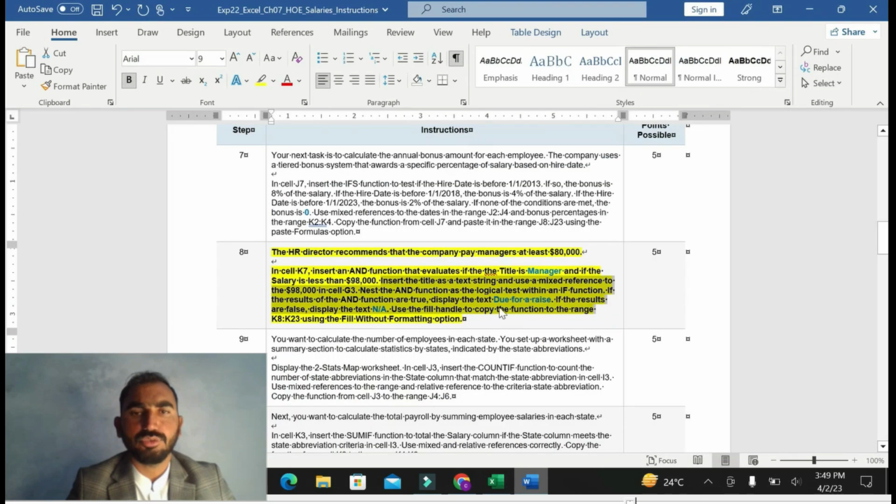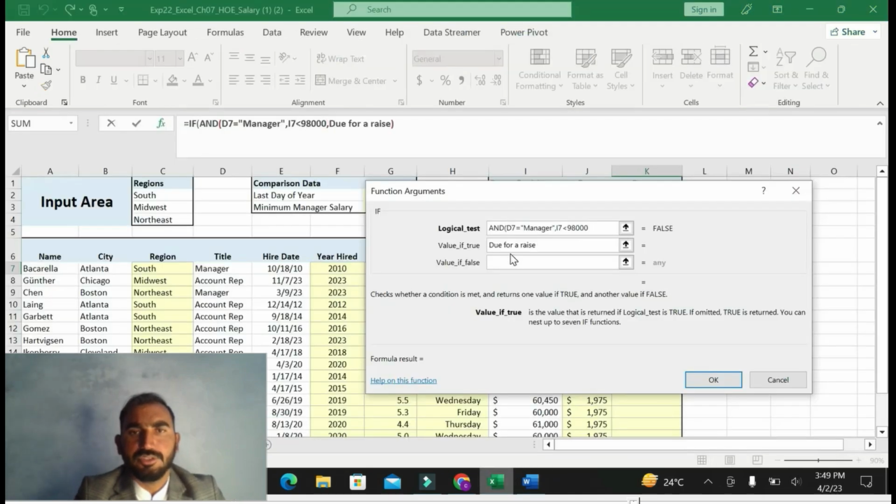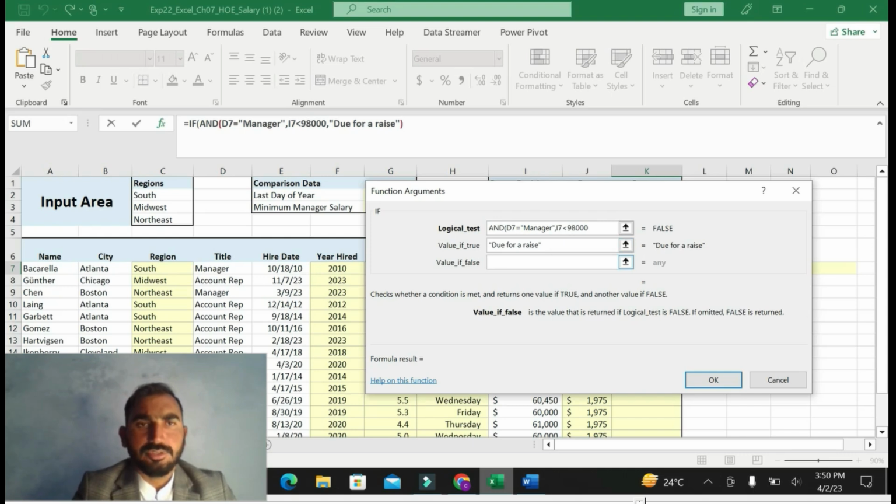You can see here, I am going to do step number 8, and the result is due for the raise. If the value is true, due for the raise, and if the value is false,